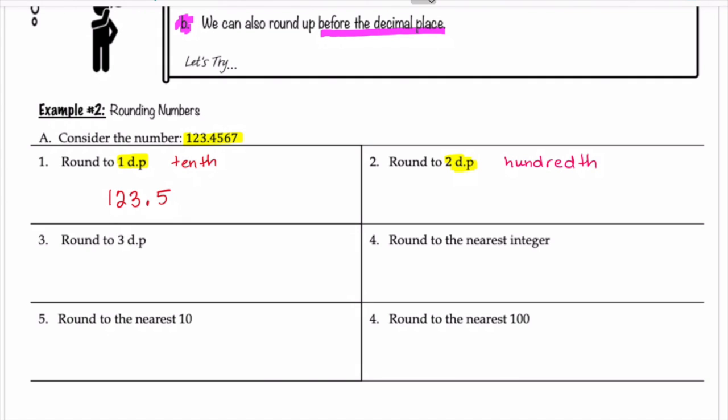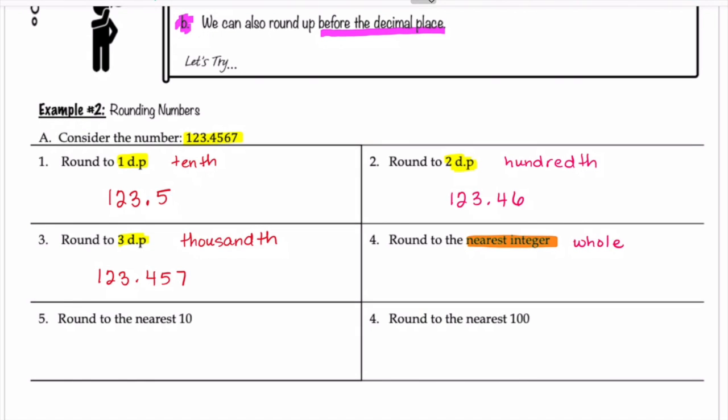And that would be 123.46. Number 3 wants us to round to 3 dp, which is the thousandth place. So we would have 123.457. Number 4 wants us to round to the nearest integer, which means the nearest whole. So in this case, that would be